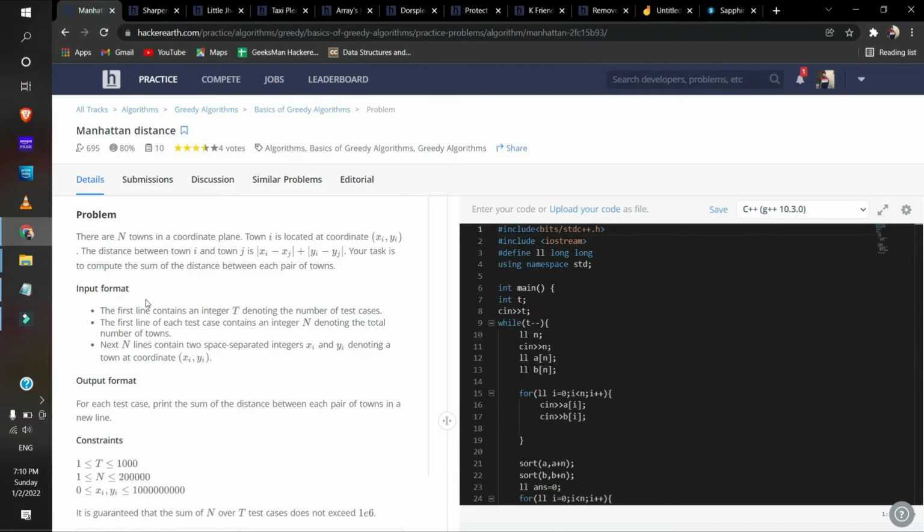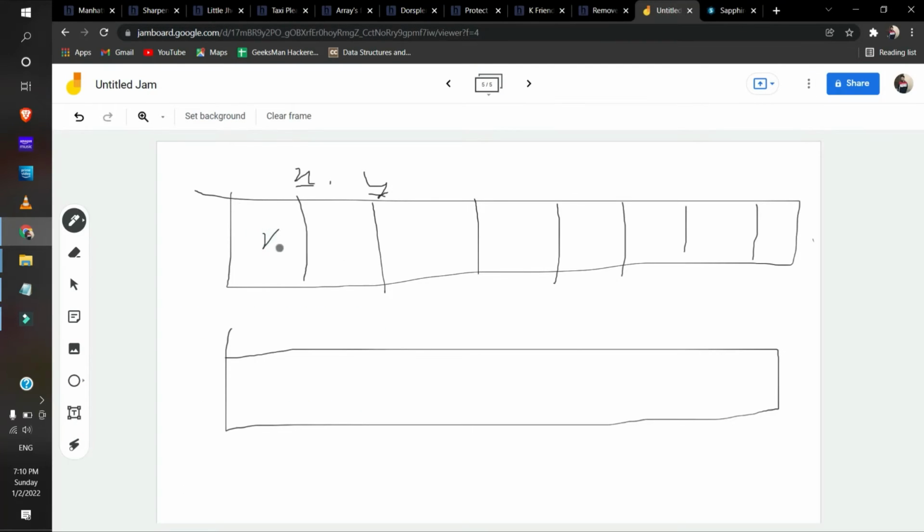So let me show you. If x is greater for a town, it does not mean y will be greater. So we can interchange it. Y can be negative, y can be smaller than the y of the next town. So we'll separate it. We'll do this: x1, x2, x3, x4 and x5, and we'll do the same for y. The method for this will be the same as this, so we don't have to repeat it.